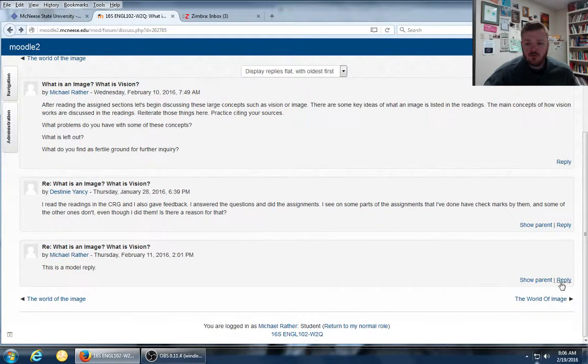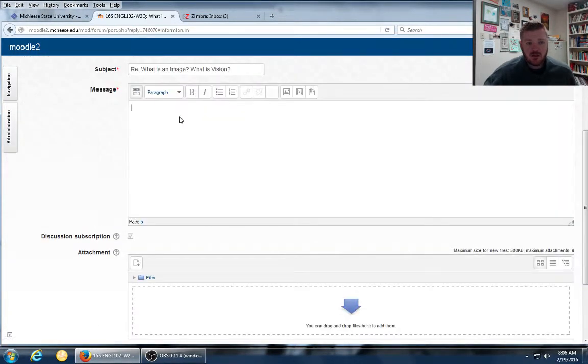Now I want to go in and reply to this post. I click reply, and since this is a model reply, I'm replying to a model reply. This is a model of how to cite a source in text in both a paper and a discussion forum. For example,